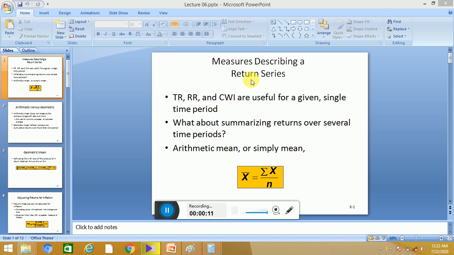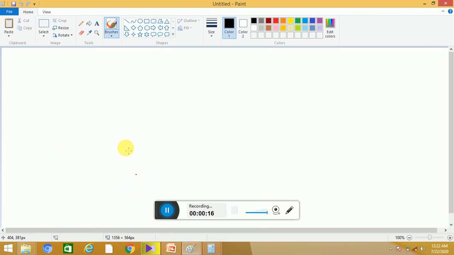In the previous class, we were discussing arithmetic mean and geometric mean. Arithmetic mean: the formula is x bar equals summation x divided by n. And geometric mean is equal to